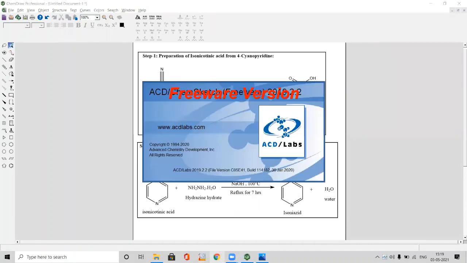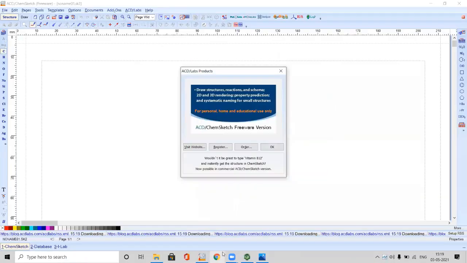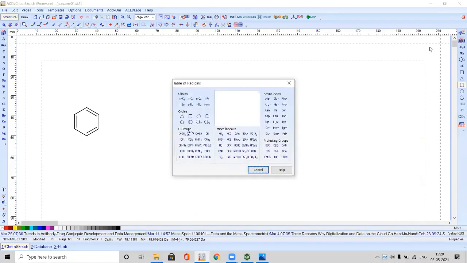Now let's see with ChemSketch also, so that if many of you download ChemSketch, you can practice here itself. So take the benzene nucleus, click here, and you need to take the cyano group. For that, let's check in this table of radicals. CN is present.